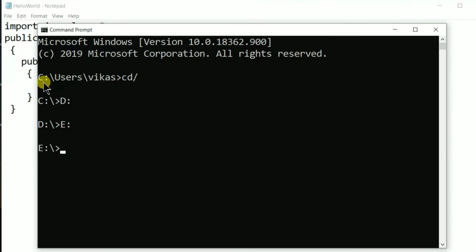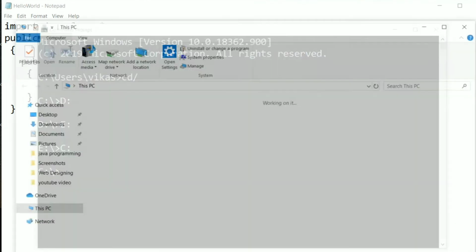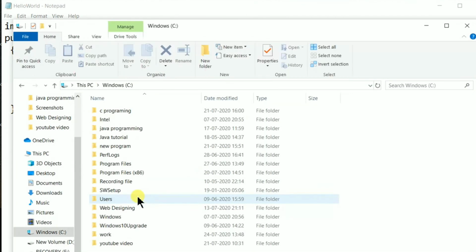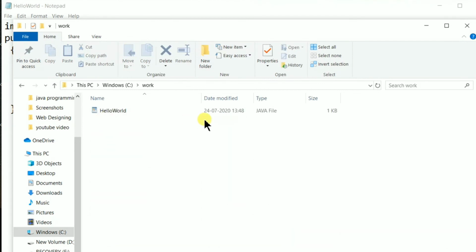Now my program is in C drive, so I will write here C colon. Let's check where my Java file is. Go to This PC, C drive. In C drive there is a work folder. Here it is, work. You can see our Java file in This PC, C drive, work folder.